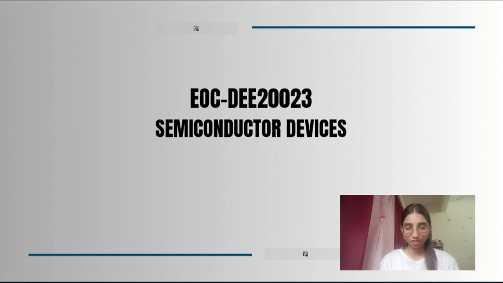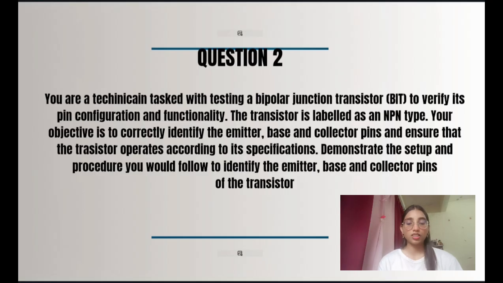So first I will read the question. Question number 3, it says, you are a technician tasked with testing a bipolar junction transistor BJT to verify its pin configuration and functionality. The transistor is labeled as an NPN type. Your objective is to correctly identify the emitter, base and collector pins and ensure that the transistor operates according to its specifications. Demonstrate the setup and procedures that you would follow to identify the emitter, base and the collector pins